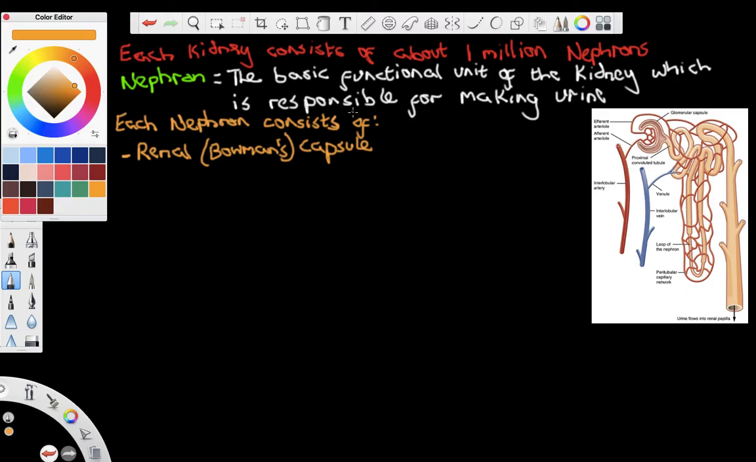So we've got the renal or Bowman's capsule, and essentially this is a closed end of the nephron that surrounds lots of capillaries. Now, these capillaries are known as the glomerulus. So you may also see this called the glomerular capsule. Sorry, I can't say that word very well. I do apologize. So the renal capsule or Bowman's capsule is a closed end of the nephron